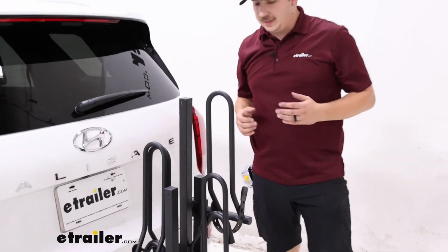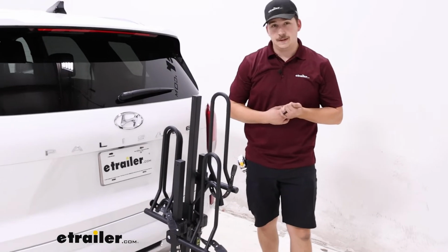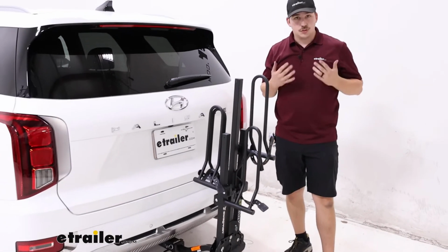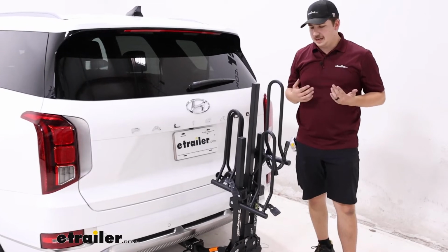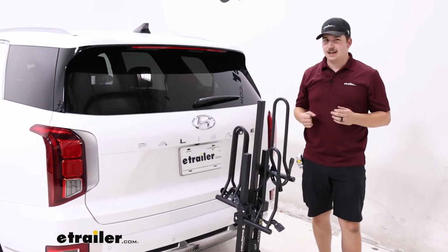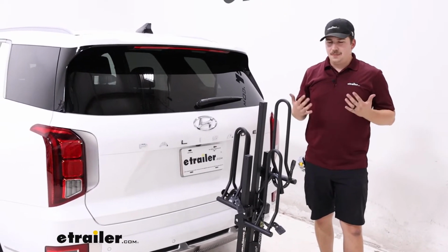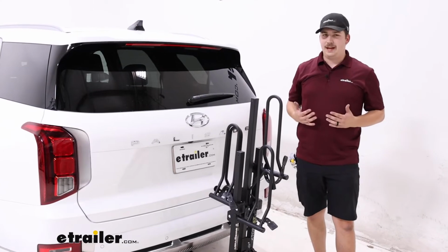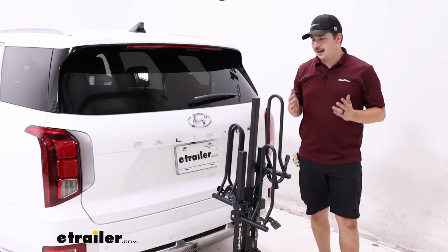And overall, I'd say the XTC is a pretty good entry-level rack. You've got the tilting feature. It's going to be easy to store in your garage when you don't have it in your hitch. The only thing it's missing for me is just some ease of use things. Those pins are really hard to get in place, so using it and having that feature is nice, but actually utilizing it is kind of a pain sometimes. But that might not be a big concern for you, and if it's not, I think it'll be a great